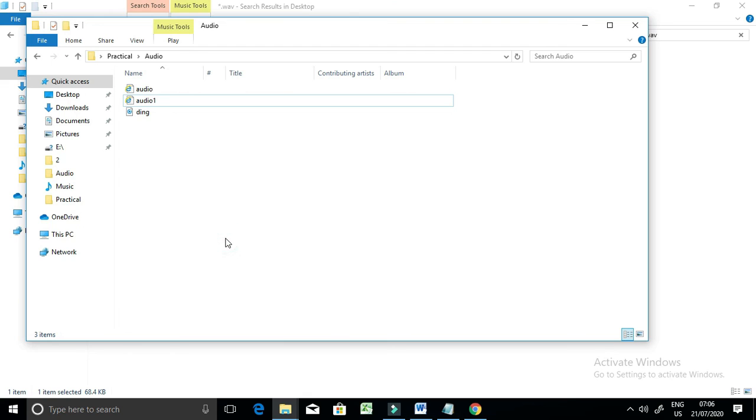You will go to the notepad and type a message if the browser doesn't support audio format.